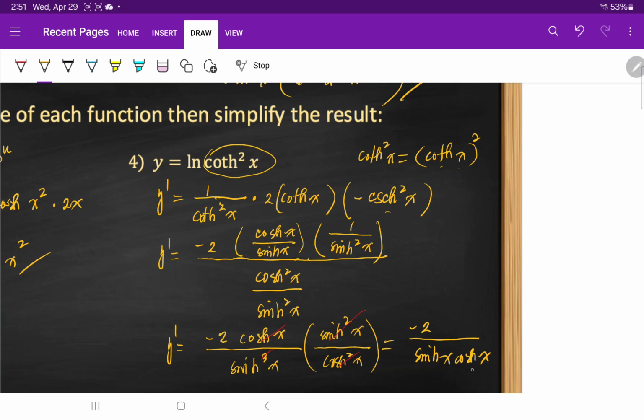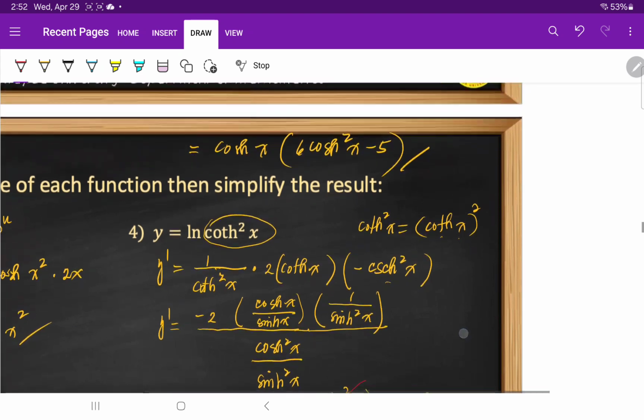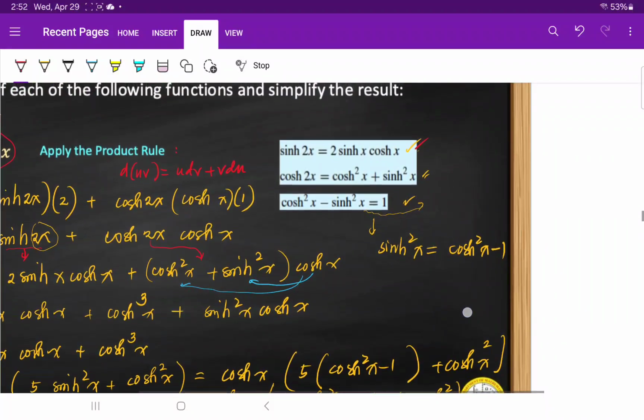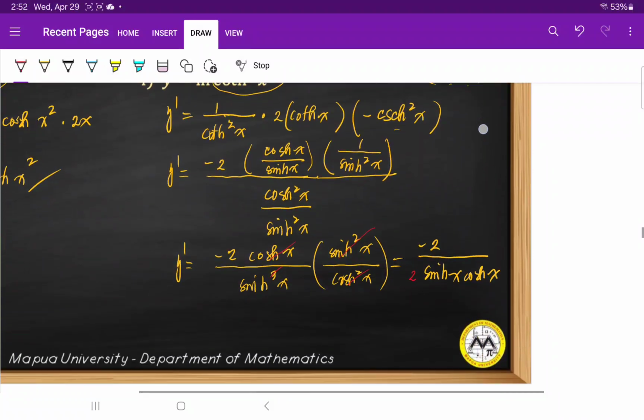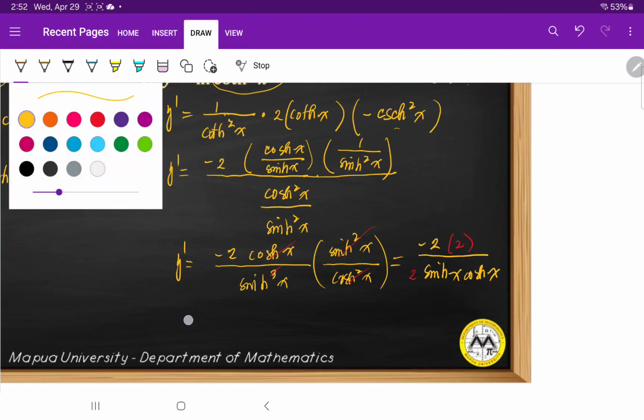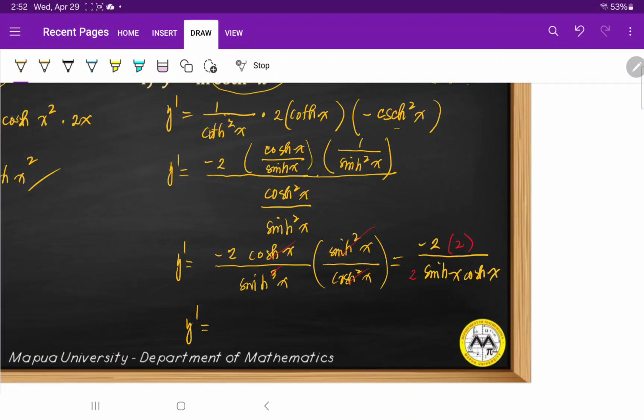Our objective is to make this have a 2 here, because if you have 2 here, this becomes a double angle one, because we have this formula that hyperbolic sine 2x is 2 sinh x cosh x. So if we multiply the denominator by 2, we multiply also the numerator by 2, so that this changes into y prime is negative 4, and then 2 hyperbolic sine cosine is